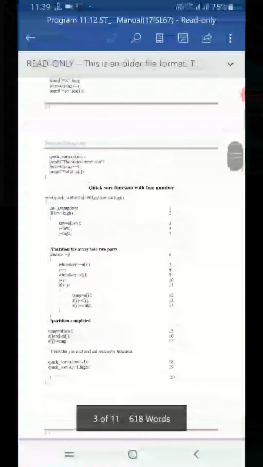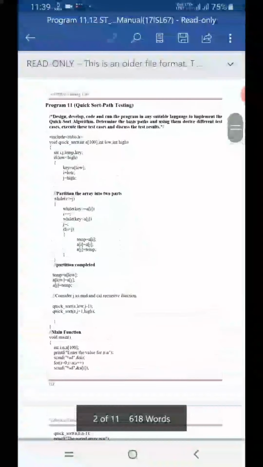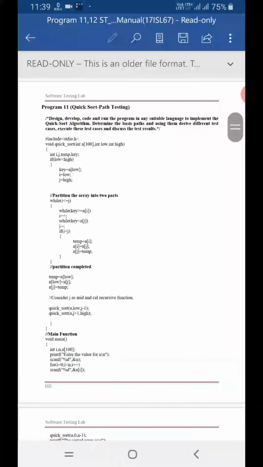Why do we need to follow this basis path testing approach? This approach was invented by McCabe. McCabe is the person who invented this approach.